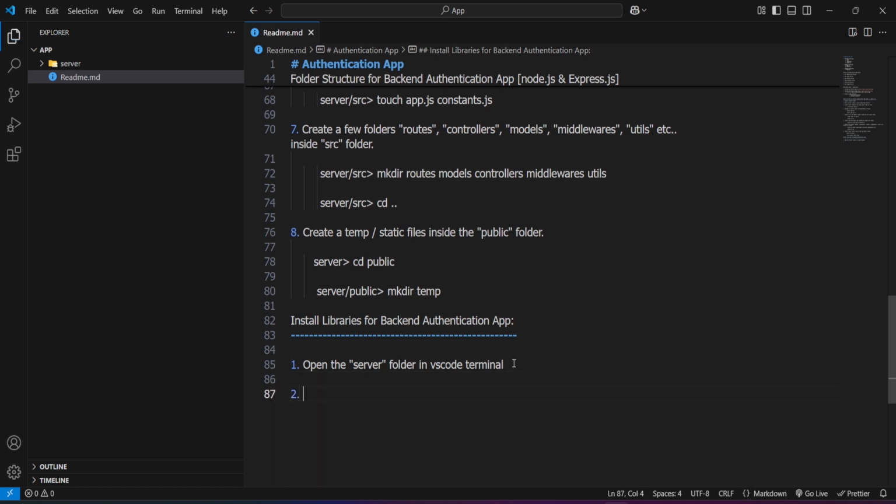Then the second step is install the required libraries. The required libraries are